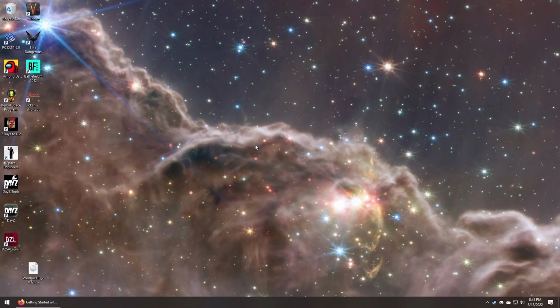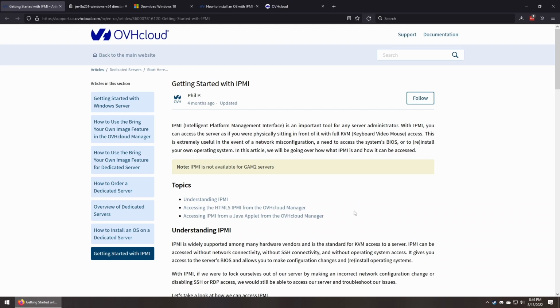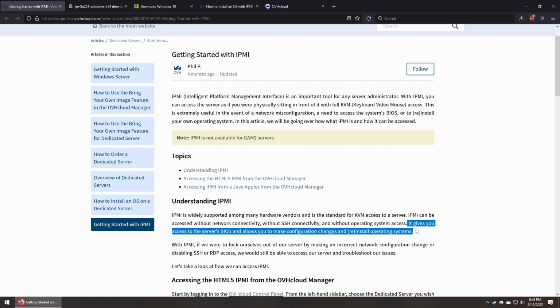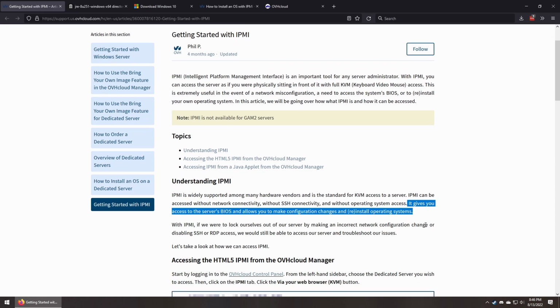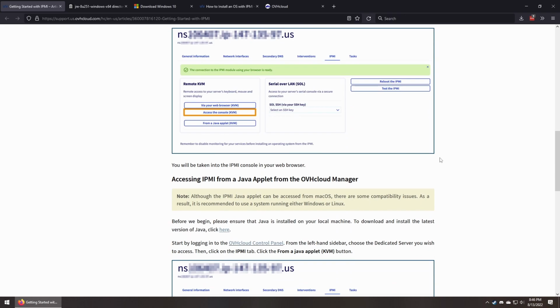So first, we need to understand what IPMI is. OVH has a document on how to use it with their servers, which sums it up pretty well. It basically gives you access to a server's BIOS and allows you to configure changes and install operating systems. They show a few different ways on how to use their IPMI services, but for this video, we'll be using